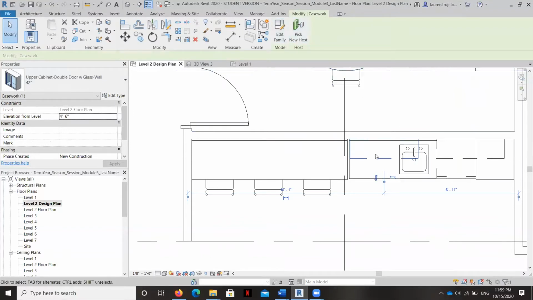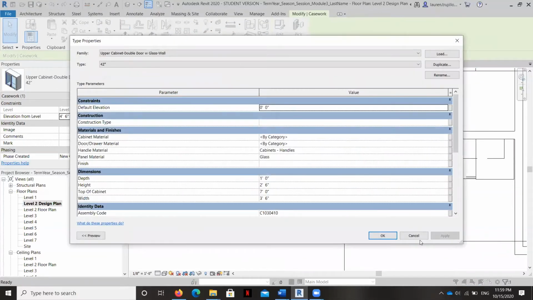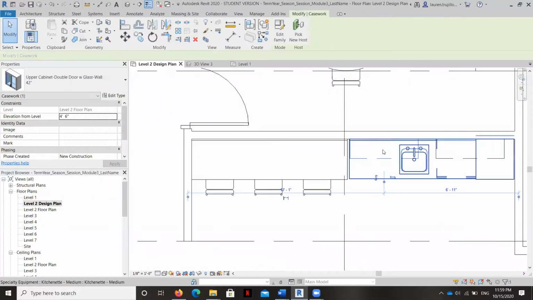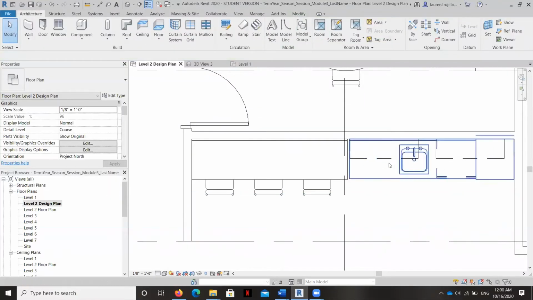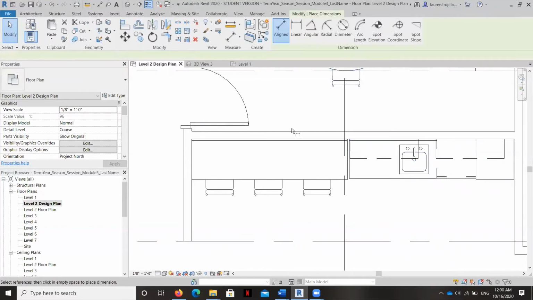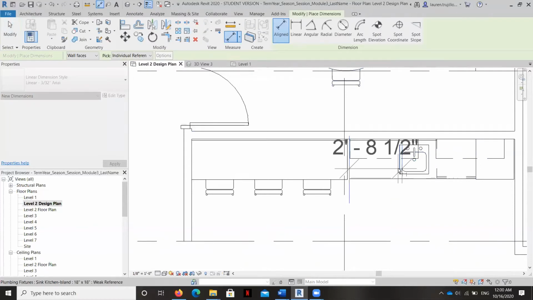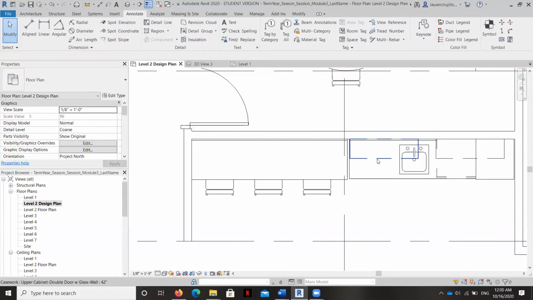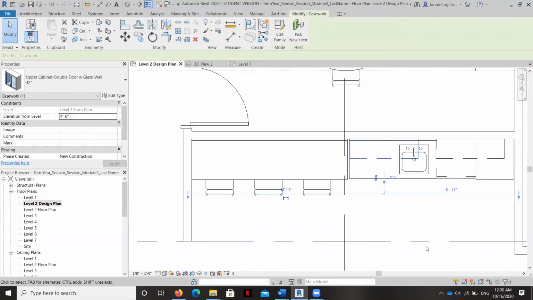And I'm going to manipulate these until they're a little bit smaller by editing the type. What I'm going to do first is, we don't want them here above the sink, and we don't want them above the refrigerator. So we really just need one set that's about 2.5 feet, so a 30-inch wide, and then we can do a 2-foot wide here. So I'm going to edit my types here and duplicate. And I'll come back to you when that has been done and they are in the right spot.